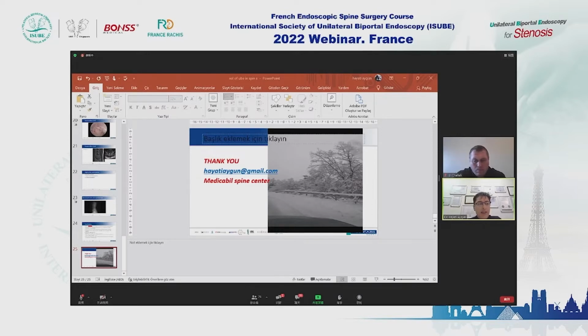The UBE technique is the last generation endoscopic technique, and it's a kind of hybrid technique. So the technique has a special role in spine surgery. It means that UBE is an endoscopic method. Also, it can be classified as a full endoscopic technique because it's carrying the full endoscopic surgery properties. For example,